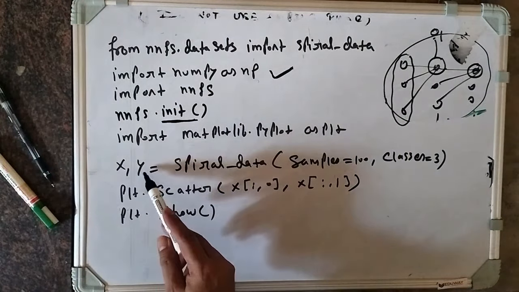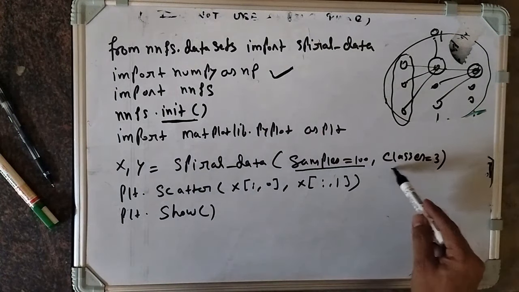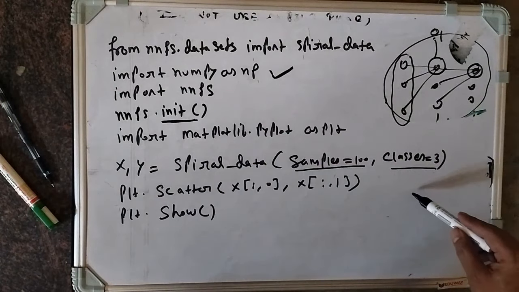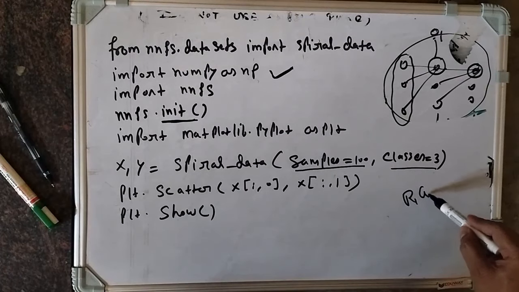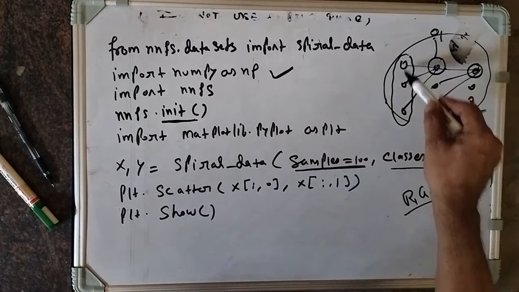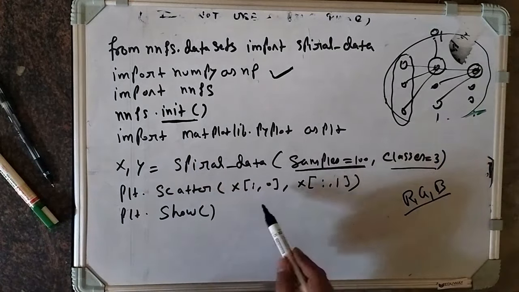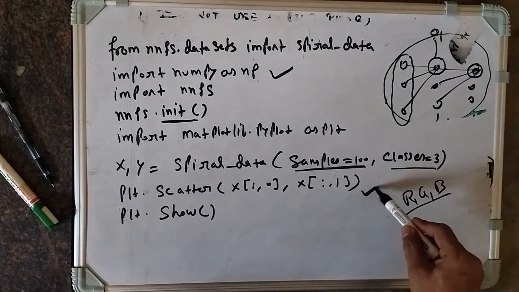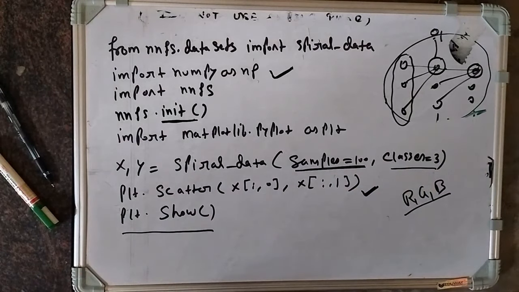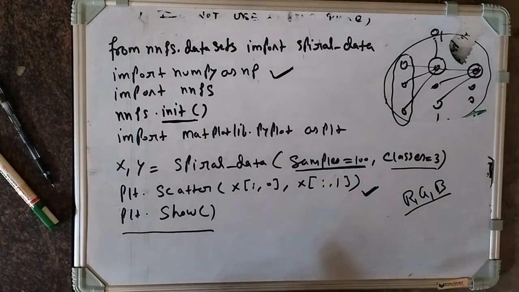Now we are taking x and y. Total samples are 100 and classes are 3. There are 3 different classes I will show in my program: one is red, second is green, third is blue. Total samples we are taking for the input are 100, x and y. Now plt.scatter, so we are plotting the graph and showing the data. You can also write the code, and I will show it after running the code. Now we will discuss the meaning of this init in class.